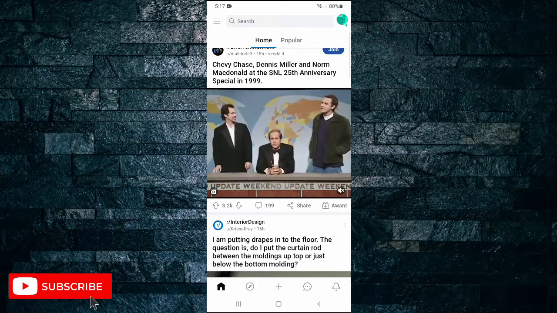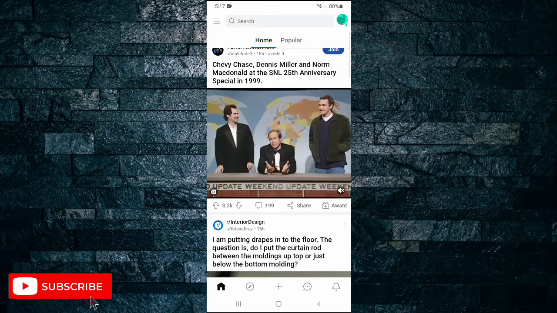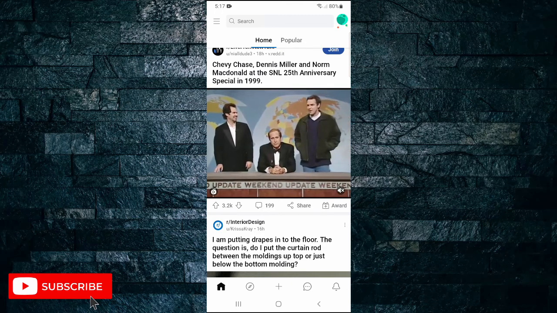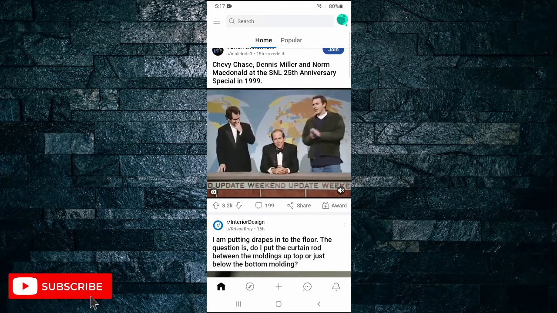How to view not safe for work content on the Reddit app. In this short video, I'm going to show you how you're able to view not safe for work content on